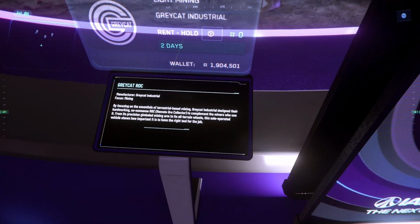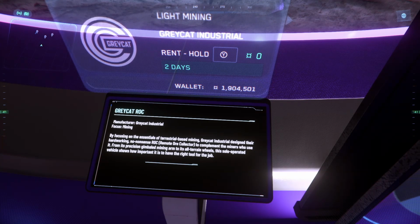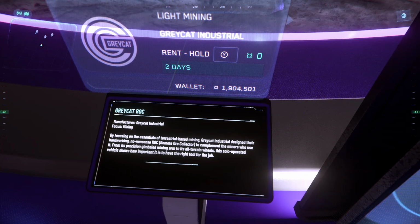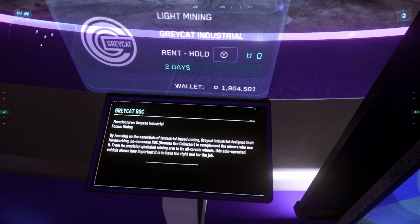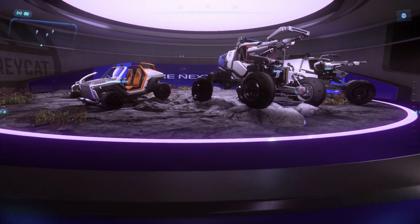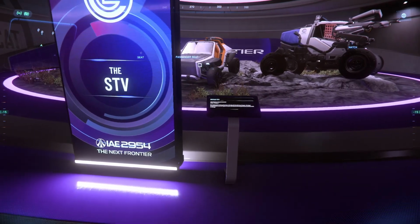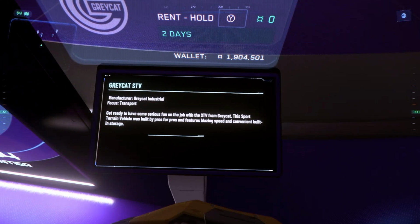By focusing on essentials of terrestrial-based mining, Greycat Industrial designed their hardworking, no-nonsense ROC remote ore collector to complement the miners who use it. From its precision gimbal mining arm to its all-terrain wheels, this solo-operated vehicle shows how important it is to have the right tool for the right job. Yeah, I've made a lot of money with that. So usually what I start off with when we get a complete reset is I do hand mining,